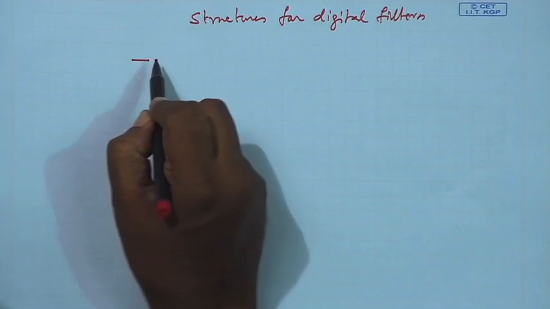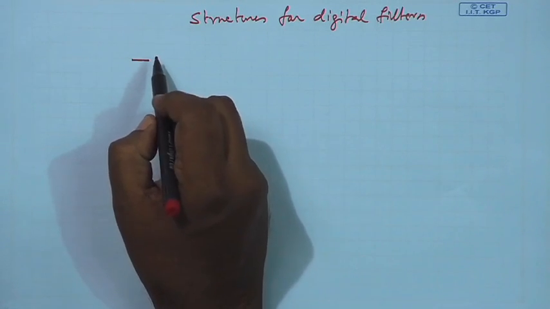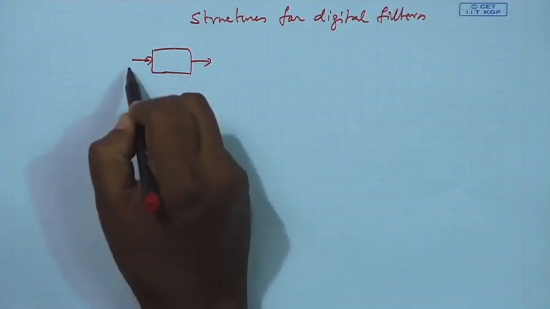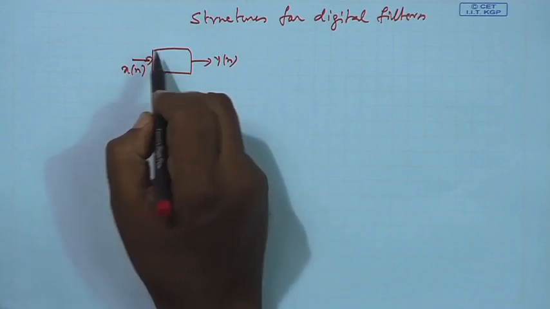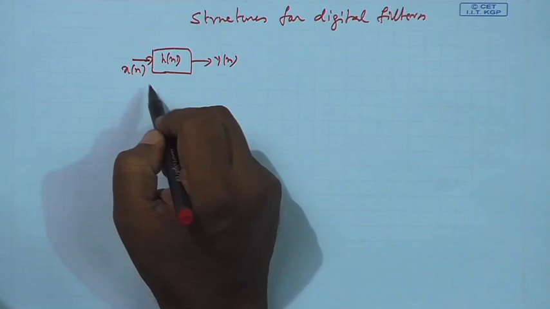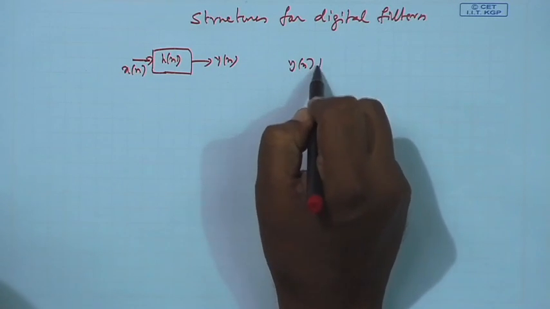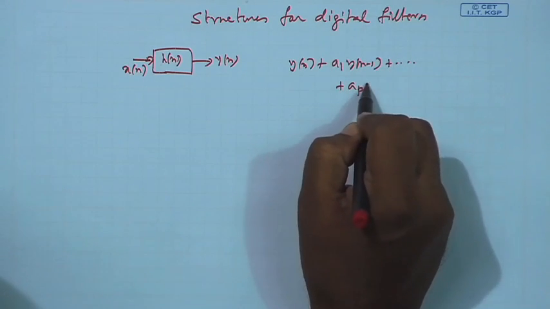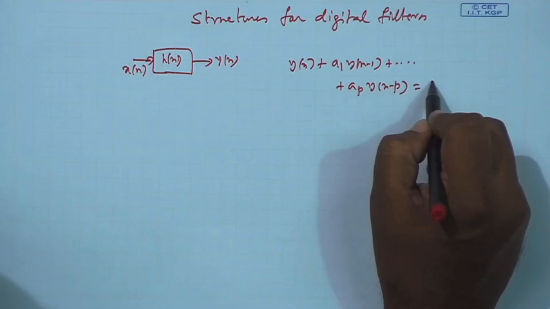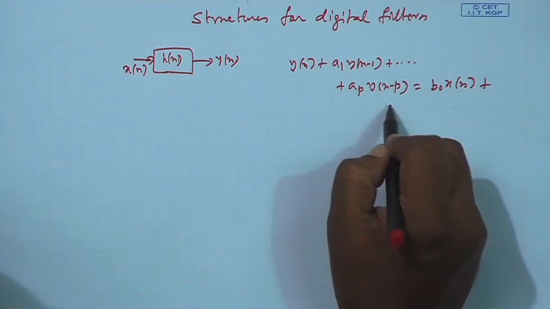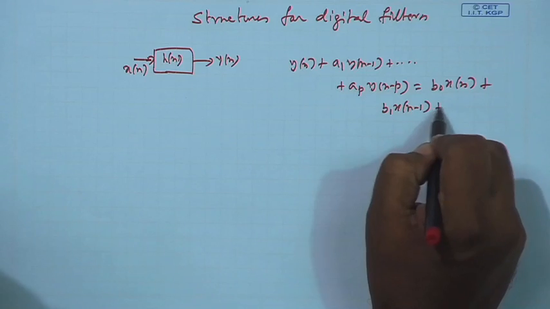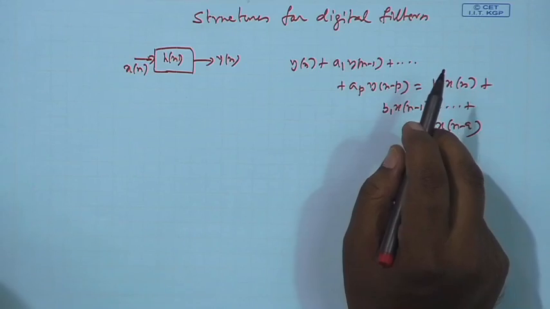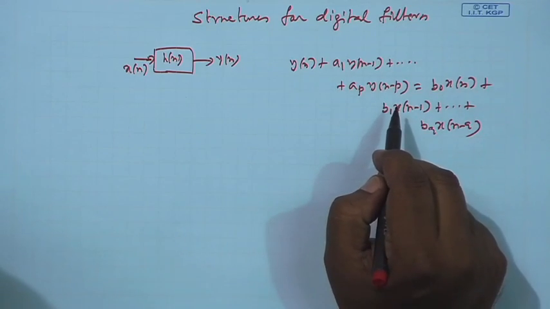Remember, though we considered linear shift invariant systems in general, we then took a special kind of linear shift invariant system which was a rational system, that was y[n] + a1 y[n-1] + ... + ap y[n-p] = b0 x[n] + b1 x[n-1] + ... + bq x[n-q], and with 0 initial conditions it was linear and shift invariant, and then we found out its